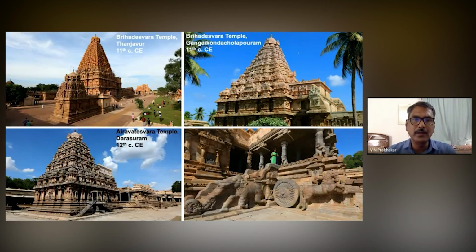And of course, the culmination of the Vimana we find in the case of the big temple Tanjavur, and the temple immediately constructed after the big temple. This is the Gangaikonda Cholapuram Temple. It is a slightly diminished form of the big temple. So within the Chola period itself, we are seeing a diminution of the height of the Vimana. This is 11th century. This is again 11th century, but again the height is reduced. But in the case of the 12th century Darasuram temple, you can see the height is still reduced. So they are not constructing taller and taller Vimanas, and they are reducing their heights to a considerable level.